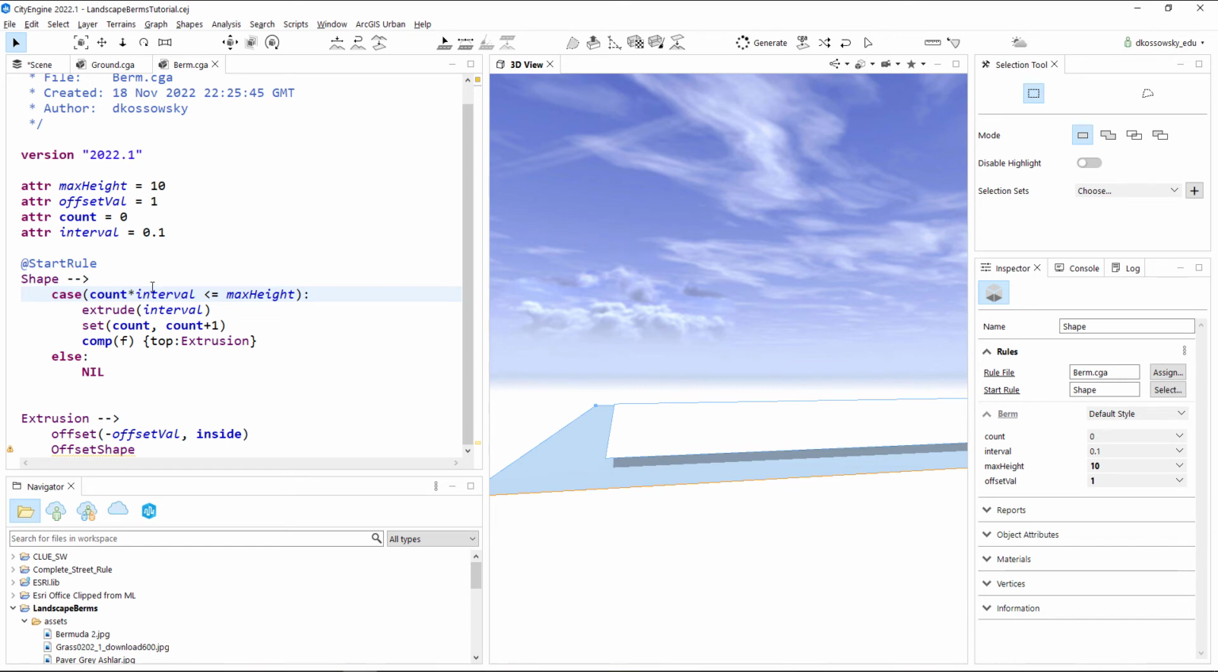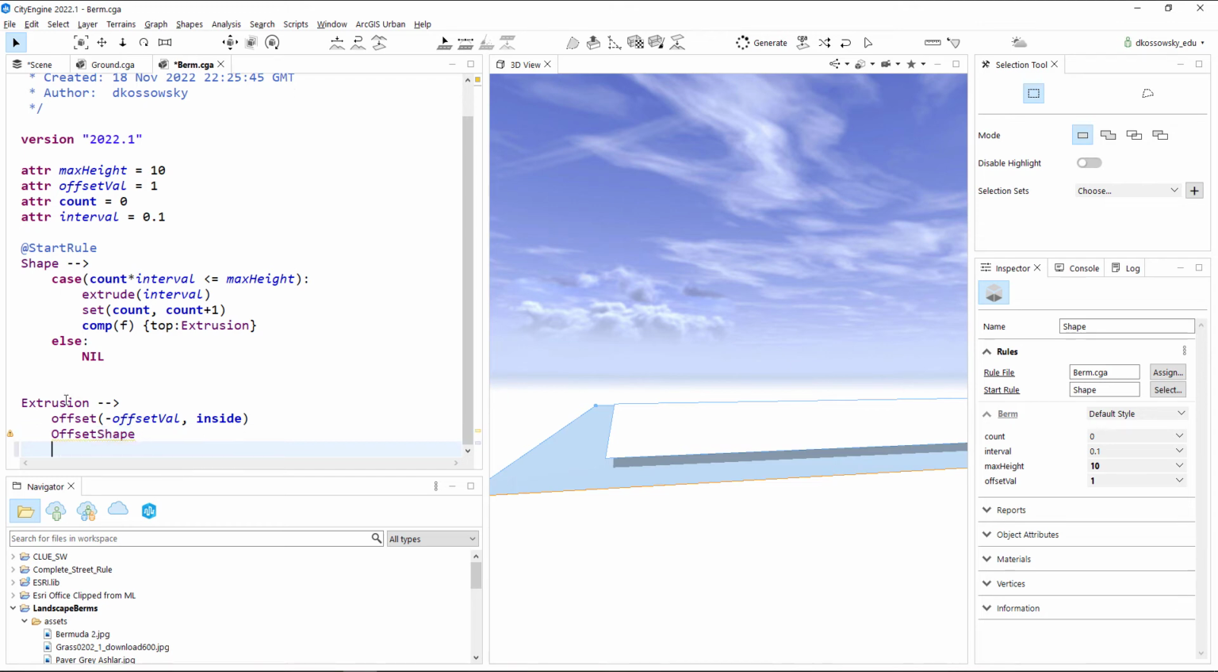So what we need to do is create that loop. We need to call the shape rule, or shape piece, from the extrusion piece again. So what that's going to look like is we're going to say that we want to create the offset to the offset value like we created here. And instead of creating an offset shape, or actually we'll keep the offset shape, but we're going to call the shape again, that original shape, so that we loop back into this. So when I run this now,